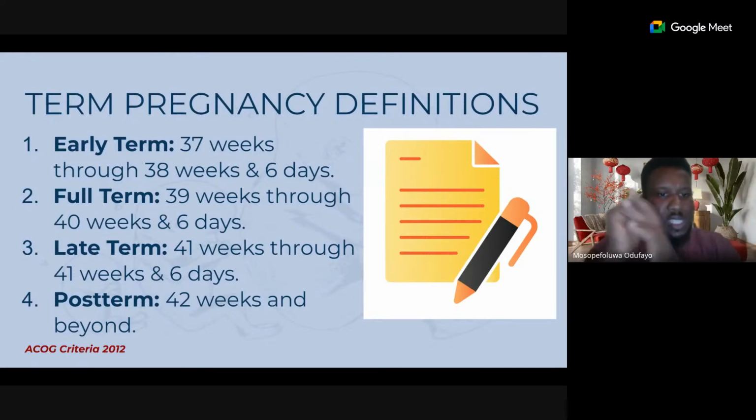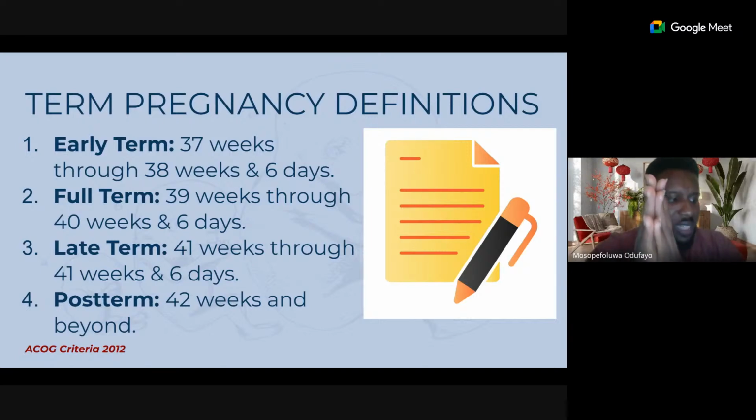Now, let me just clarify this. Although we're talking about first trimester, I also wanted you to understand some things about term gestation, because I've seen reports where the pregnancy is 36 weeks, and I'm seeing term gestation in the report. So in order to make sure that we understand what term gestation is, I've put this here. Recently in 2012, the American College of Obstetrics and Gynecology also helped to iron out the discrepancies in the terms people use in addressing term gestation.